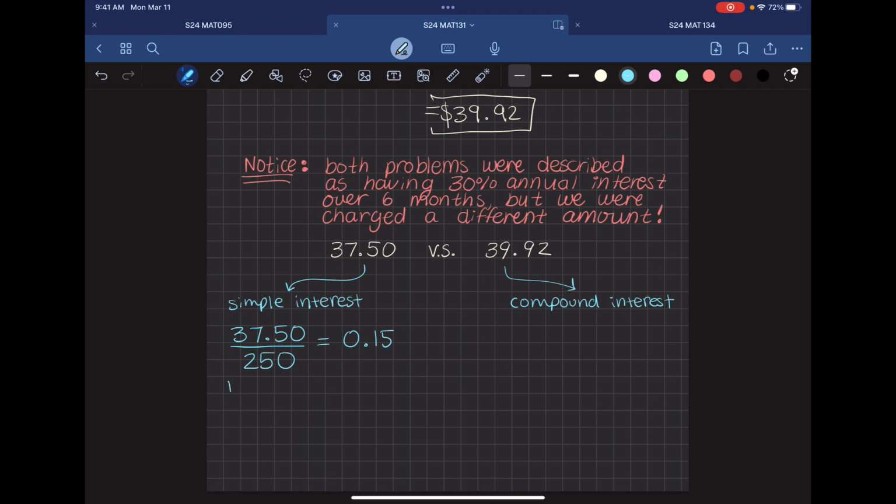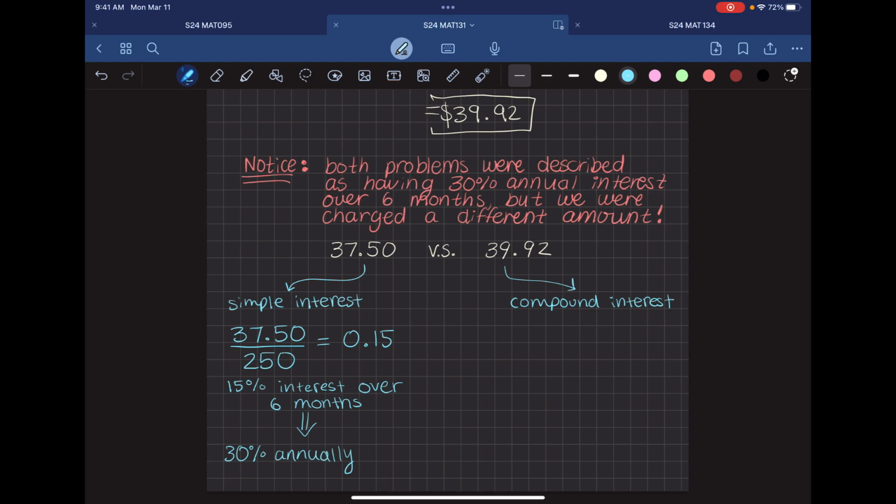So basically, we earned 15% interest over 6 months. If we want to talk about this in terms of a year, this would equate to 30% annually,